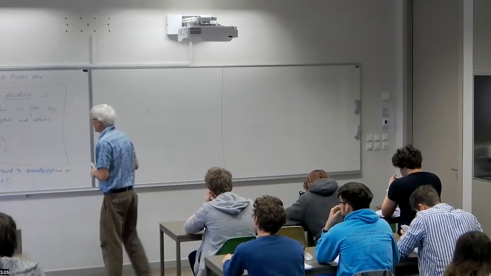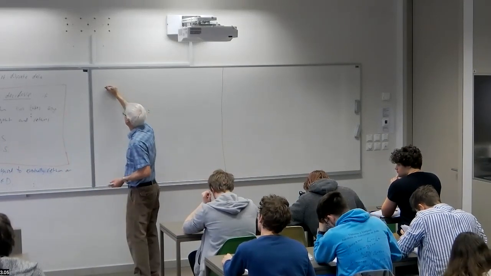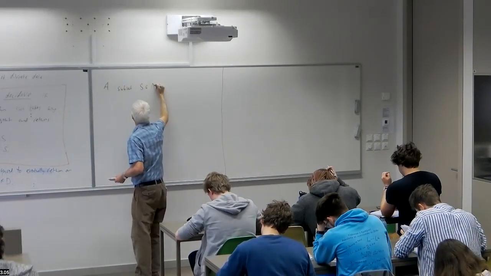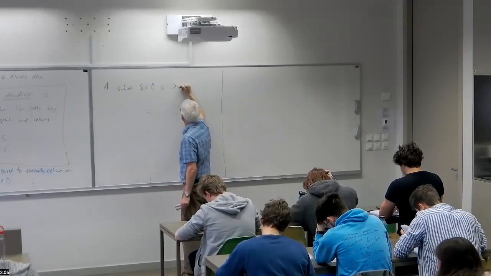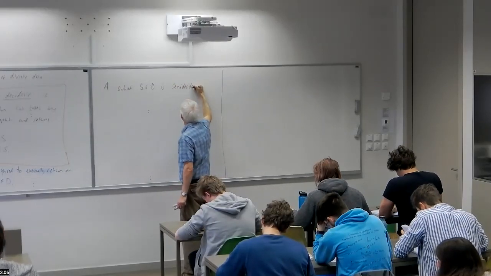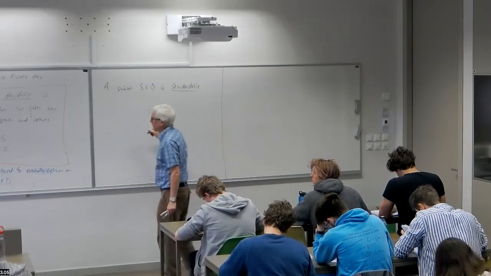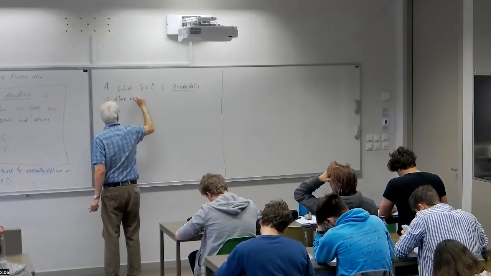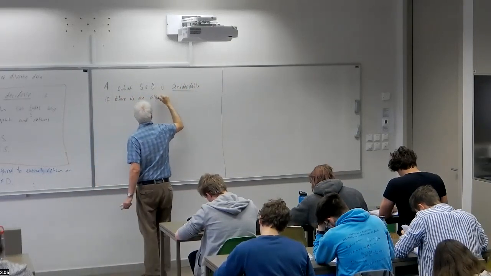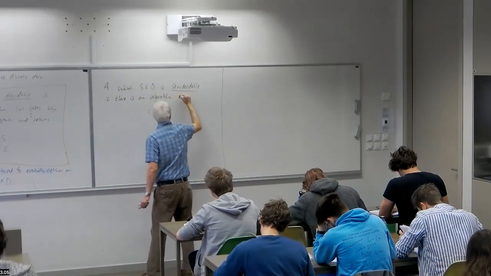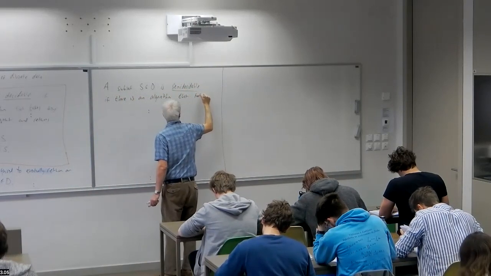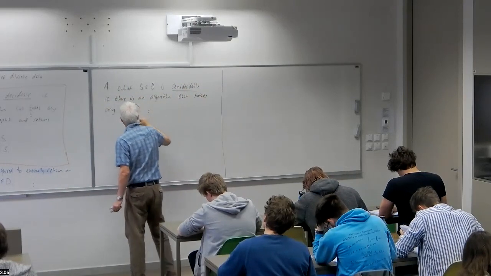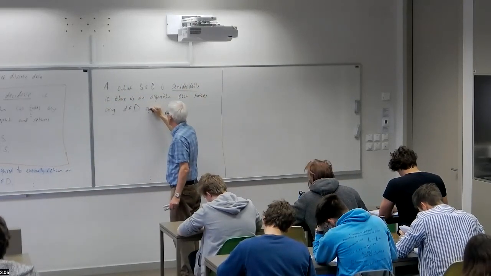So how do we formulate that? Well, a subset S of D is semidecidable again if there is an algorithm that takes any element of the kind of data we're considering as input,